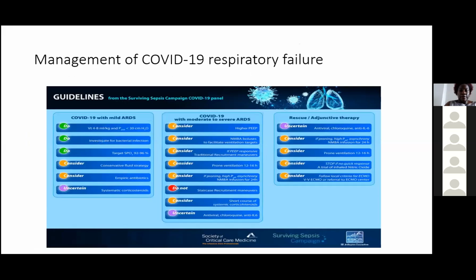So the guidelines for respiratory failure and ARDS, as I said, I am adapting from adult guidelines because we do not have pediatric critical care guidelines based on the epidemiological patterns that have been shared. We haven't had data that has shown children being managed in the critical care unit. So we're still adopting the adult guidelines, which were based on ARDSNet guidelines. An extensive study has been done in ARDS. And ARDS patients are generally divided into mild, moderate, and severe. You can either use the Berlin classification that uses your PF ratios, or the PARDS classification that uses oxygenation index